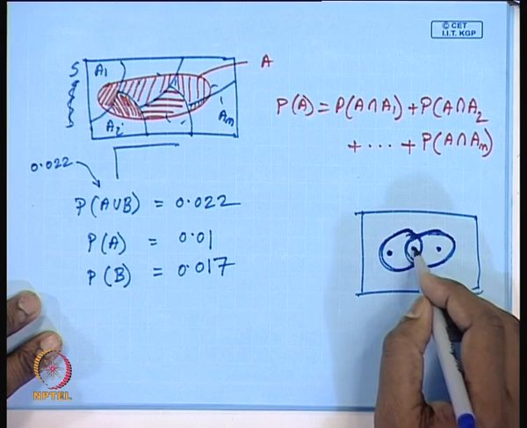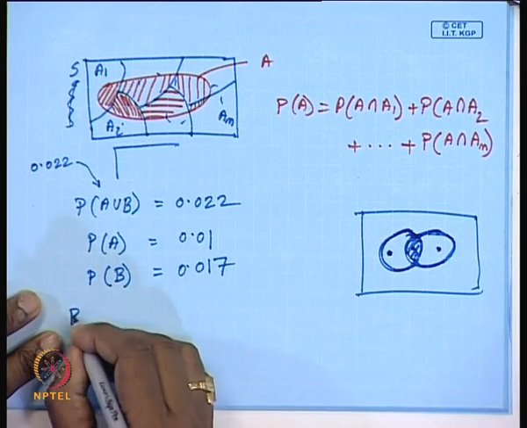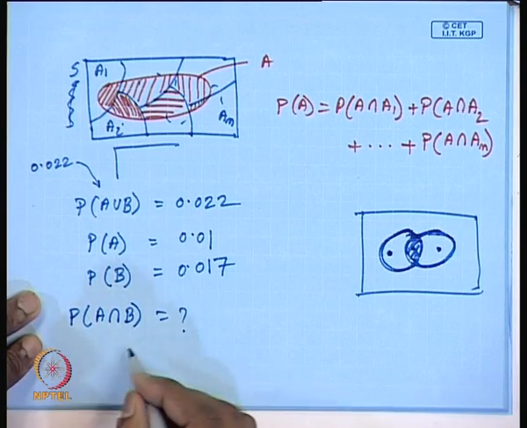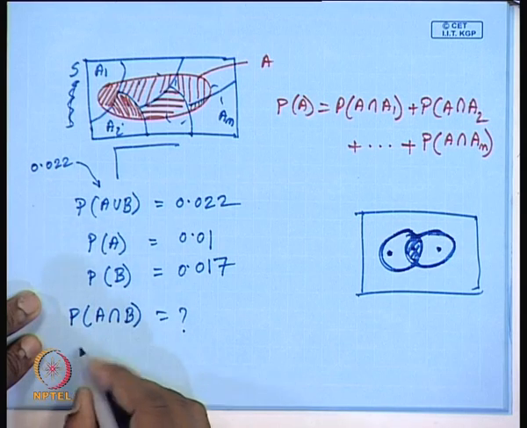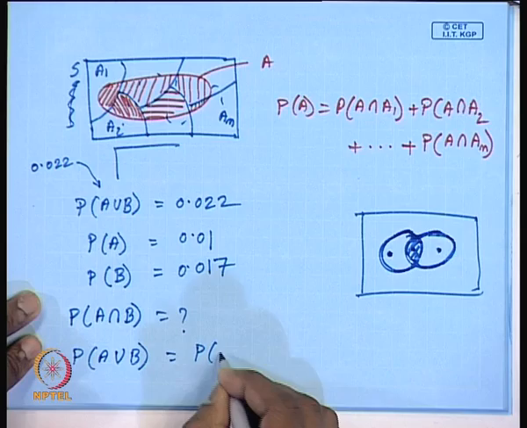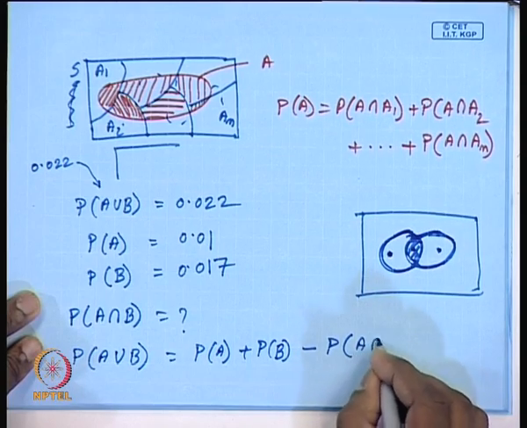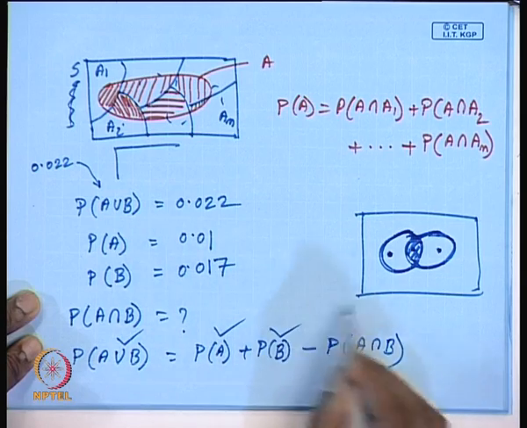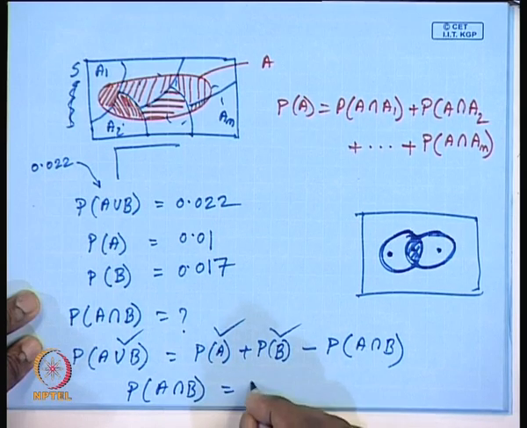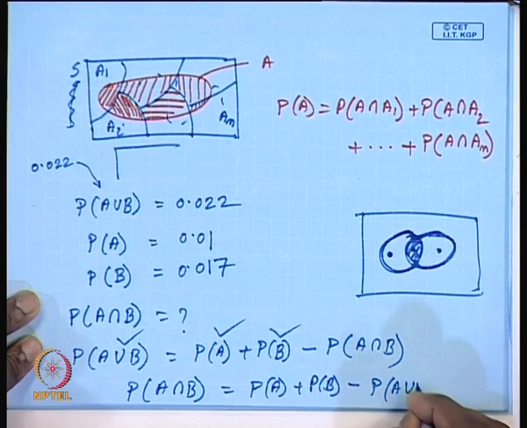According to this Venn diagram, we are referring to the intersection of these two events, that is we want to know probability of A intersection B. To do this, we use one simple property: probability of A union B is equal to probability of A plus probability of B minus probability of A intersection B. Now, this is known and this is known, so probability of A intersection B equals probability of A plus probability of B minus probability of A union B, which is